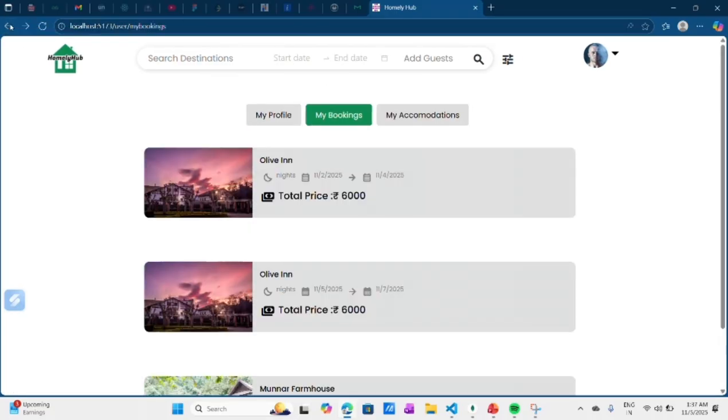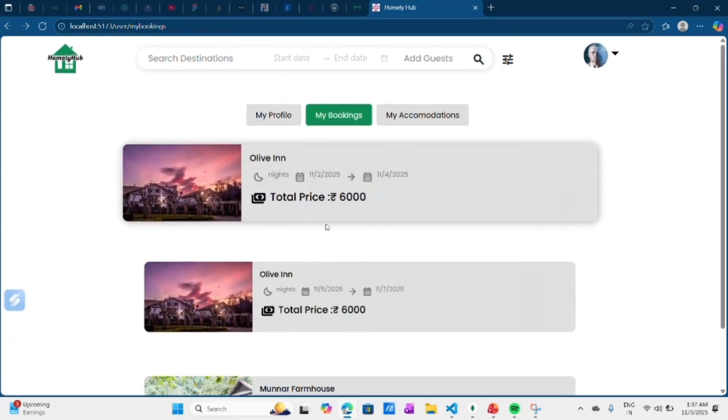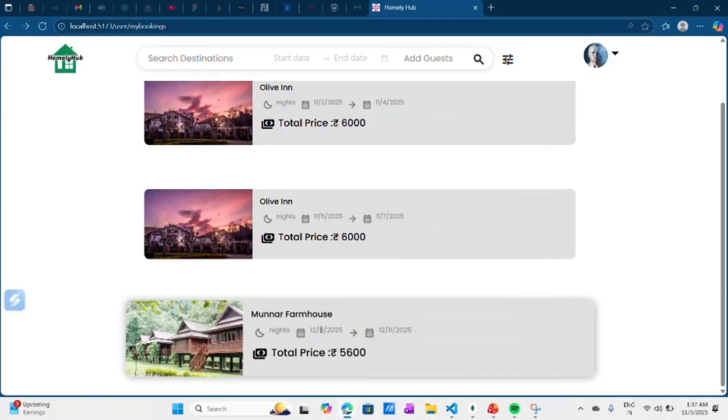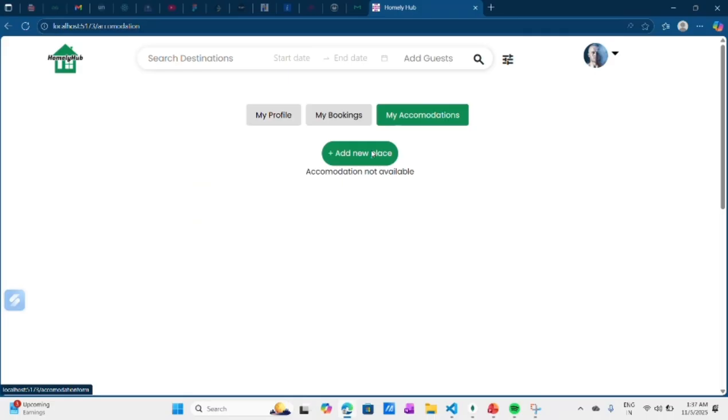And then if you click on my booking, you can see the bookings which you have previously booked. If you click on my accommodation, here you see a button.